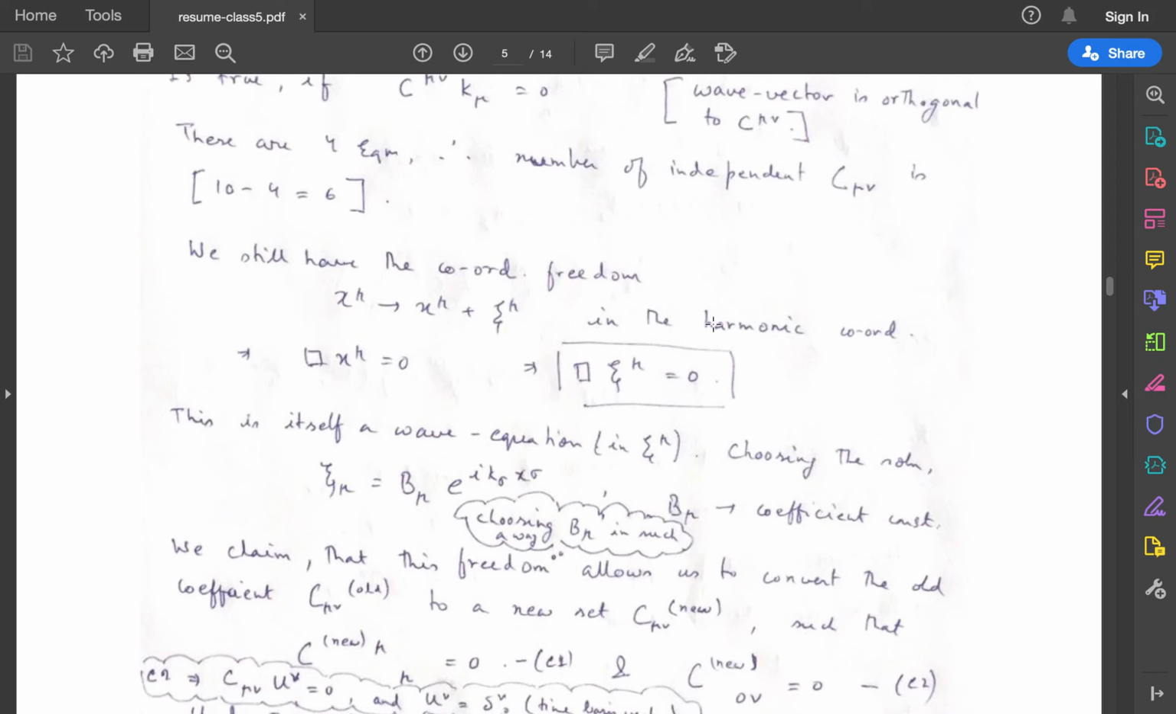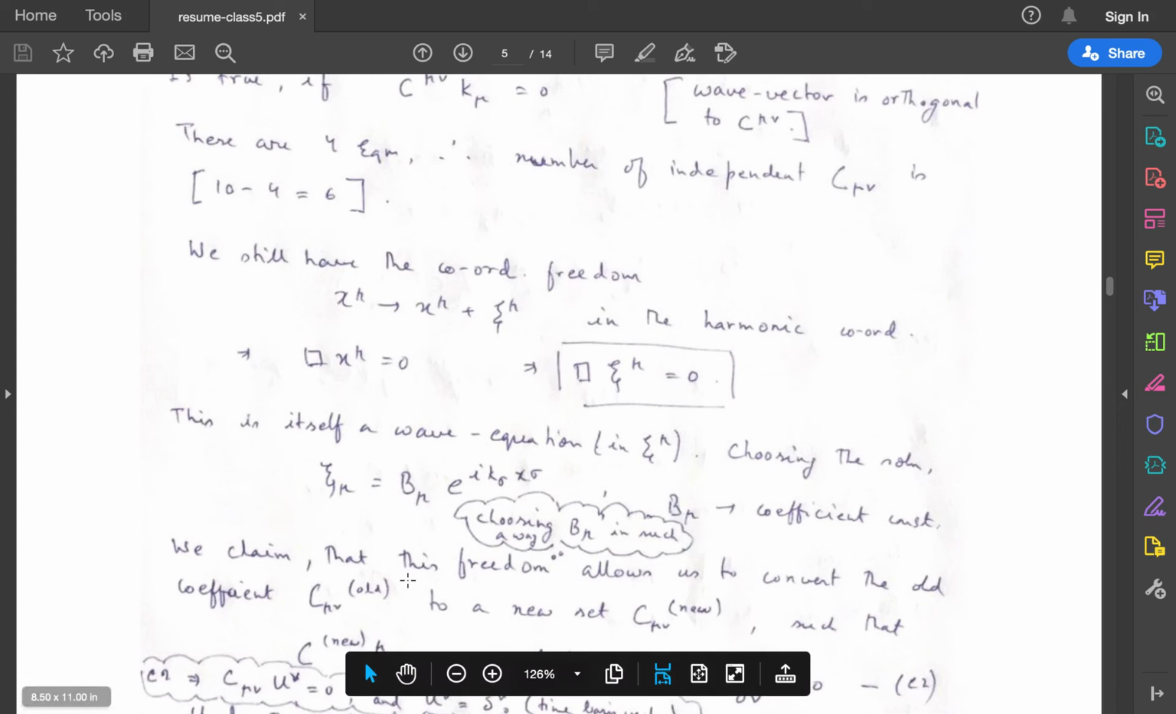Now we will use the coordinate freedom, which is x mu goes to x mu plus zeta mu, and in the harmonic coordinate, box of x mu equal to 0, which transforms as box of zeta mu equal to 0. You can see this is a wave equation, right? The coordinate freedom of the harmonic condition gives a wave equation of this form. So if I choose this zeta mu solution to be b mu e to the power i k sigma x sigma,